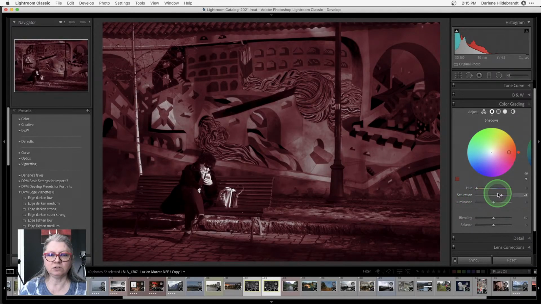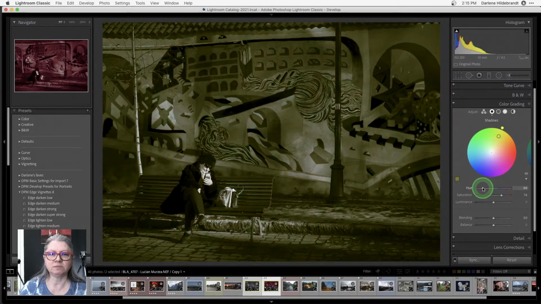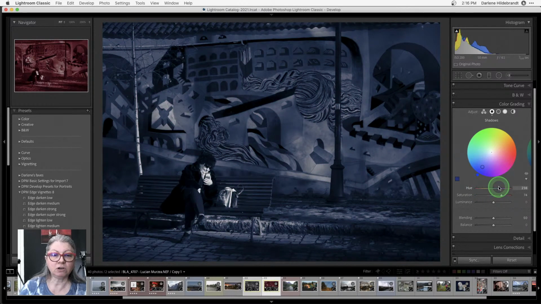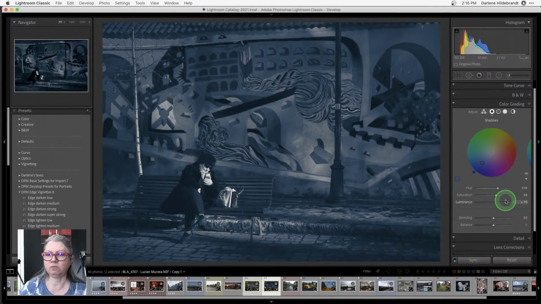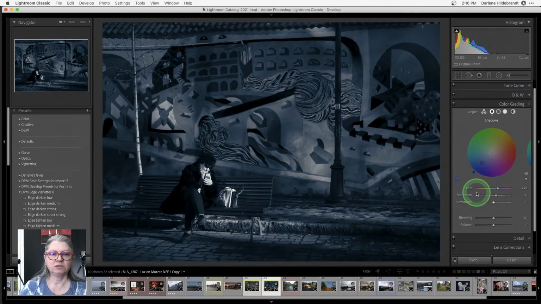So what I do is I turn the saturation up way high, and then I dial it to the color that I want. So I want something sort of, right, you can make a blue tone, you can make a sepia tone, but I'm going to do what's called a split tone this time. So I'm going to drag it over to blue, and you can play with the color, drag it around on the circle as well, but I like that blue, right? You can also adjust sort of the saturation of it this way, right? You can also increase the overall brightness of it, but I'm going to leave that. So I like this blue on the shadows. I'm going to leave that.